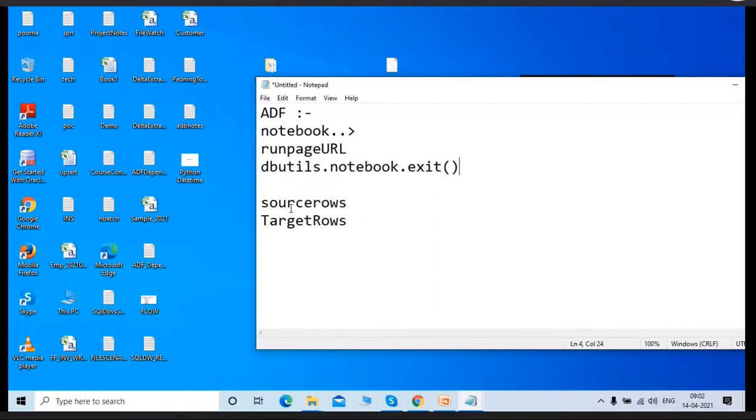But in your requirement, you have two variables, right? If you want to return more than one variable, please concatenate all the variables into a single variable. Moreover, your exit will return only the string data type. If, for example, you want to return one list from your notebook,